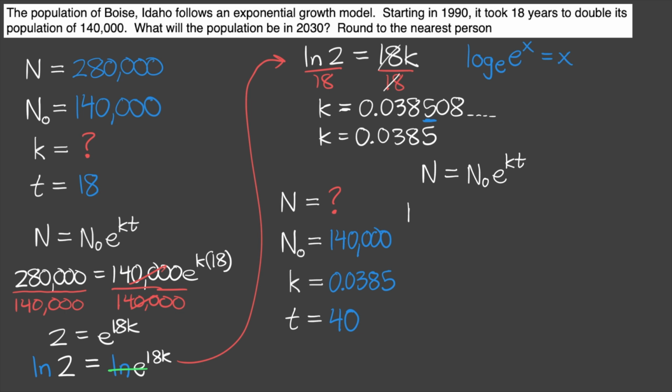So we'll have N equals N naught, which is 140,000, and then e to the 0.0385 times the time, which is 40. All right, so if you plug this in on your calculator, you will get 653,042